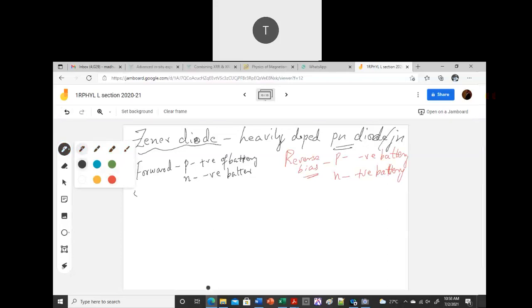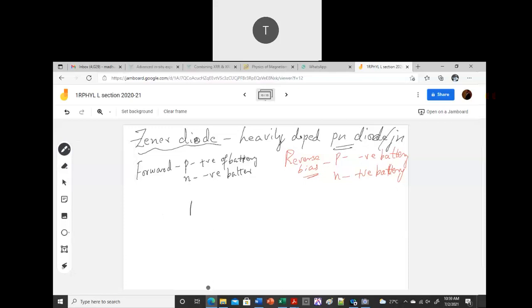Most of the time you would have done the forward bias. If you take your PN junction, as I explained in the previous class, if I just write like this, then this is your PN junction, and if I put something like this, then it is a Zener diode. Now let me write it again. As I told you, you don't have to mug up everything. Don't try to mug up because it will be difficult for you in the exam. It's not a very serious thing. It is not very complex.